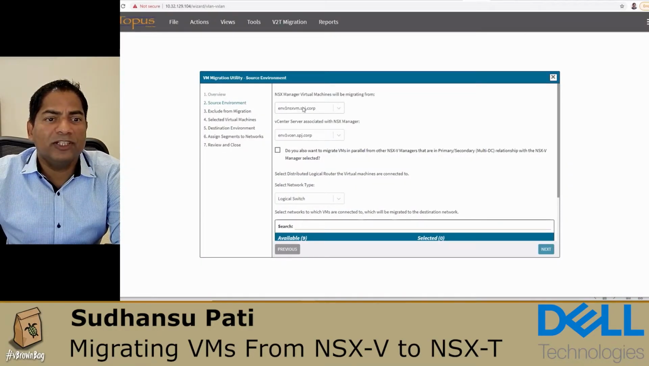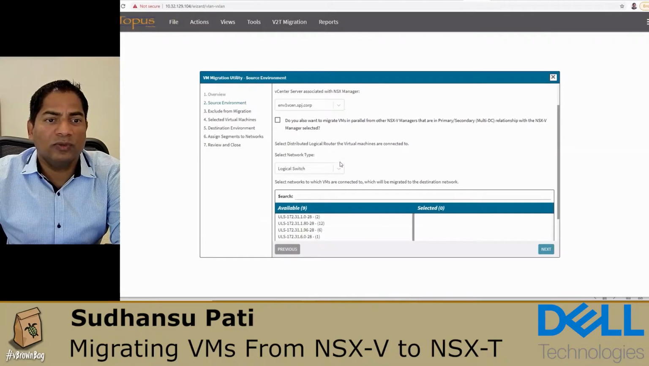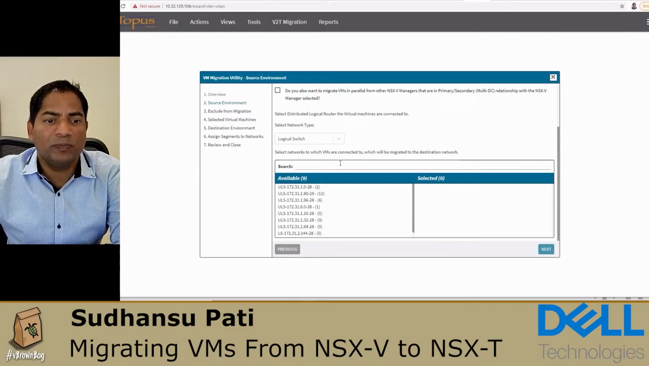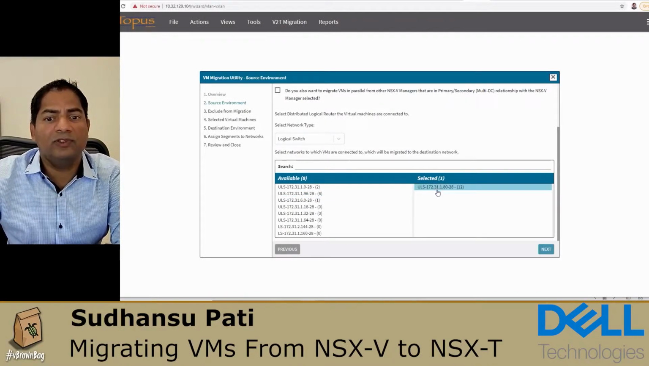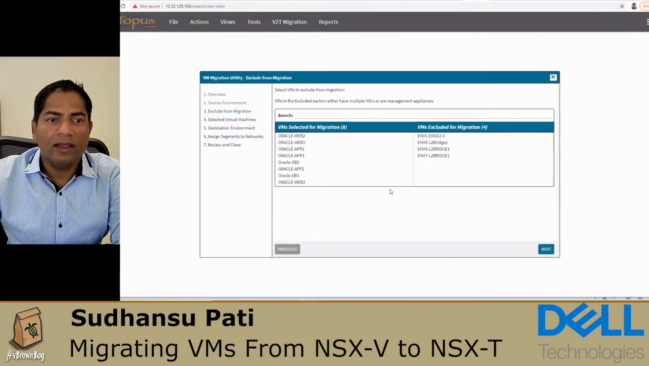It presents me with this NSX-V Manager source because that's where the environment is pointed to. It presents me options for what I need to migrate from, right? Is it a distributed virtual switch, which would then be migrated to a segment, or is it just a logical switch? Could be, and these are universal logical switches. So I selected that universal logical switch, and then it presents me all these virtual machines that are